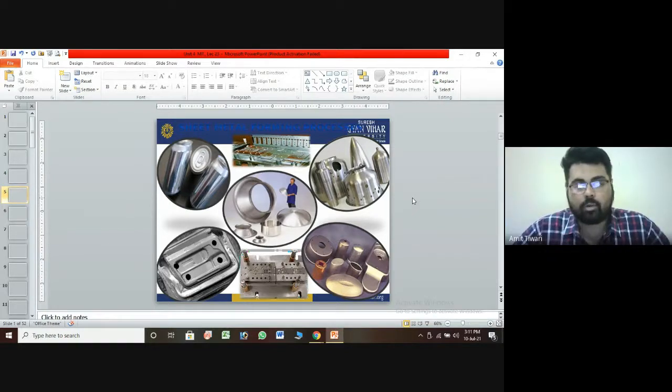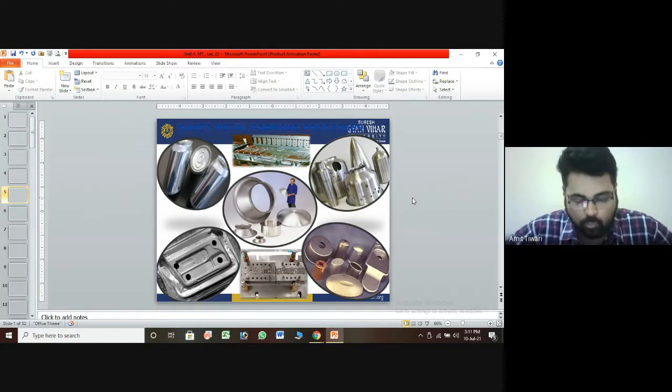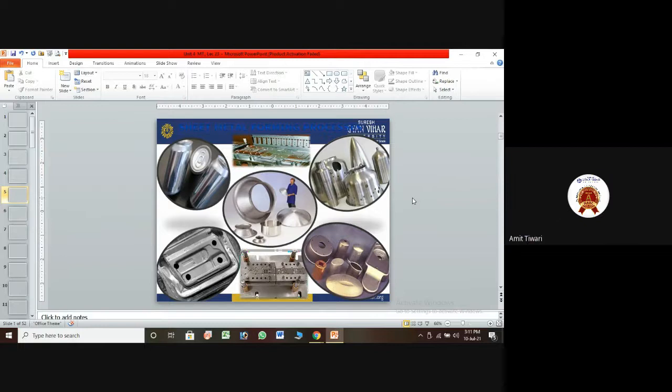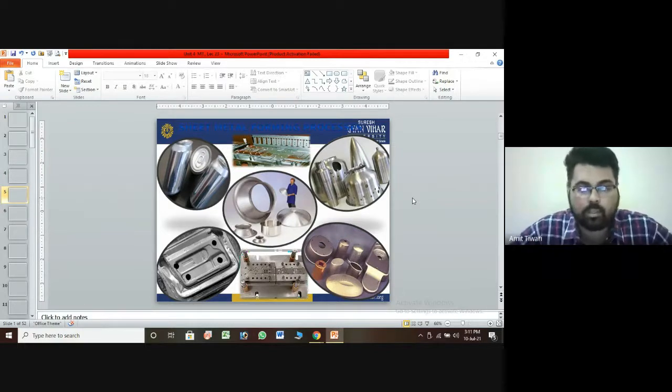Sheet metal forming can only be used for thin sheets, and we can apply certain forces on the sheet and easily fabricate it. It is not an easy task, because we require some dimensional accuracy. All of the products shown in the figure are fabricated by sheet metal forming processes.